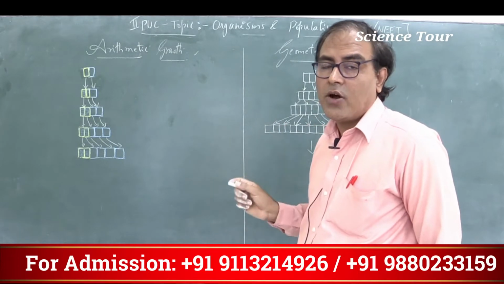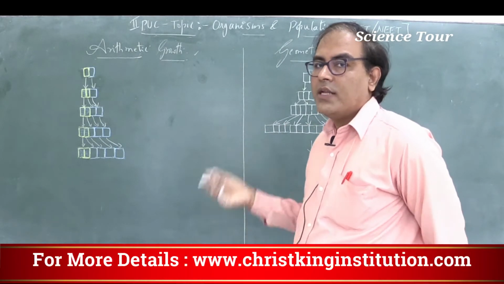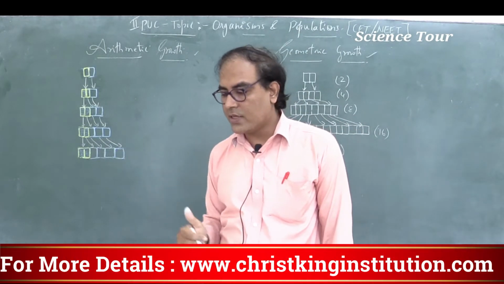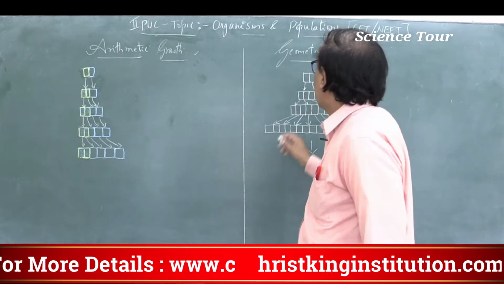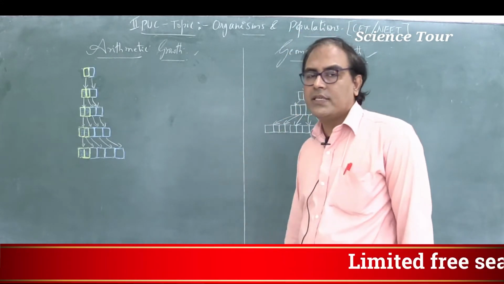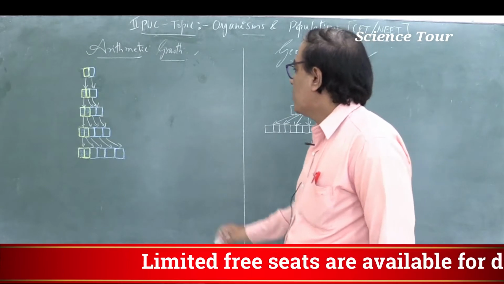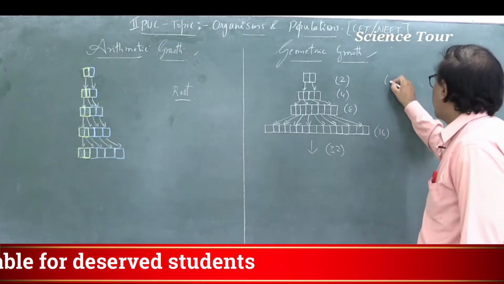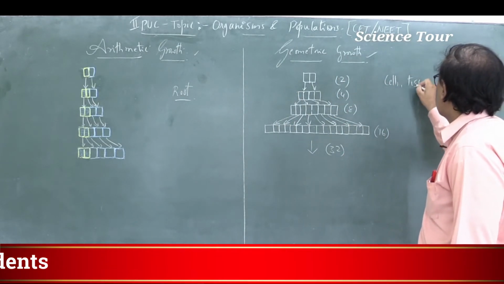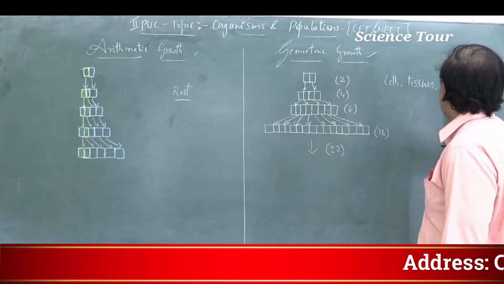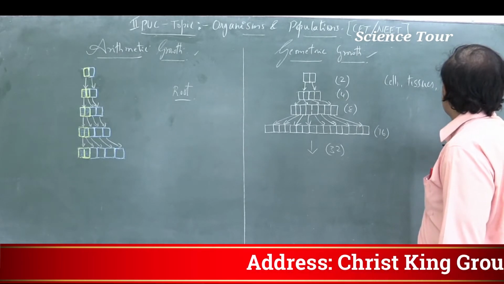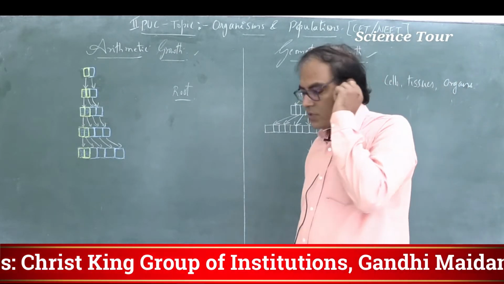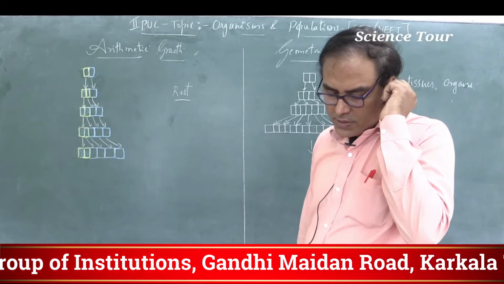For question number 28 of worksheet number 2, we have already studied what is the exponential growth model as well as the logistic growth model. So what is arithmetic growth and geometric growth? Both kinds of growth you can see in case of plants, in roots, and in different cells, tissues and organs of the plants. So what happens in arithmetic growth? Arithmetic growth means